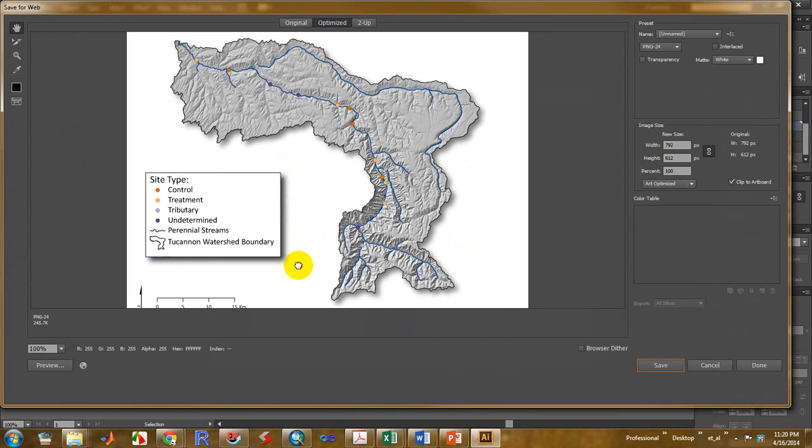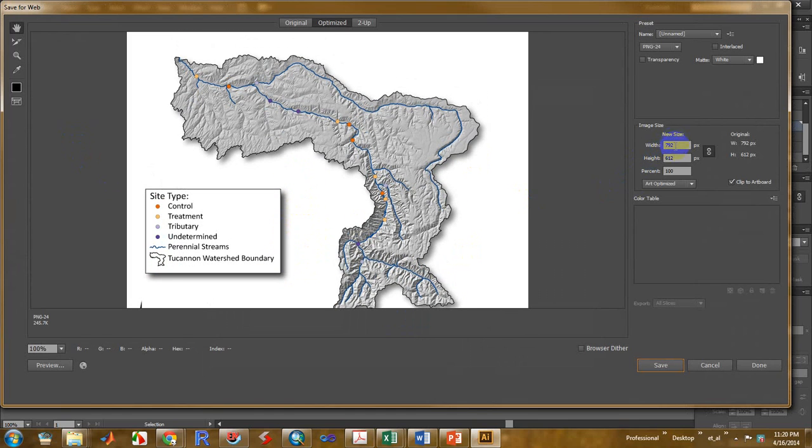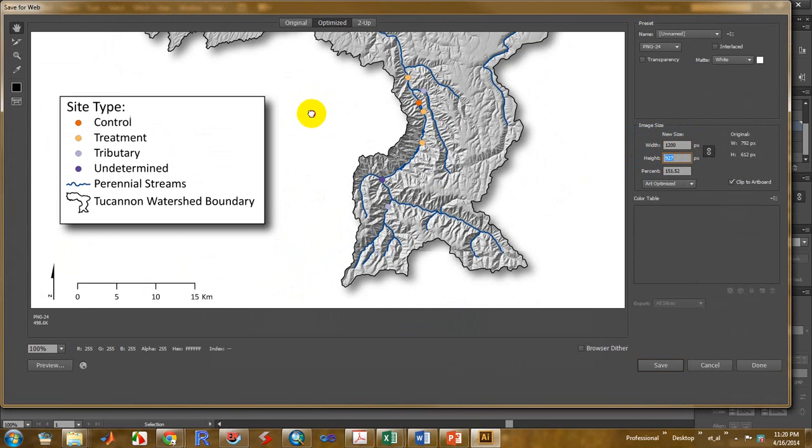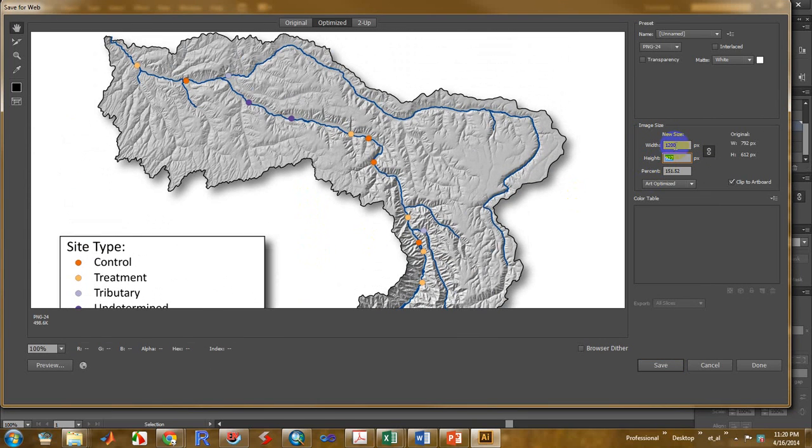And so here's my map, and I can see the size of it here, 792 by 612 pixels. One of the things I can do is I can make this bigger. I can up that to a 1200, so I get a little bit richer resolution on this, 1200 pixels. For example, and I can control what I output this as, whether it's a PNG file, a JPEG, a GIF. I'll do a PNG for now. And so if I save this,